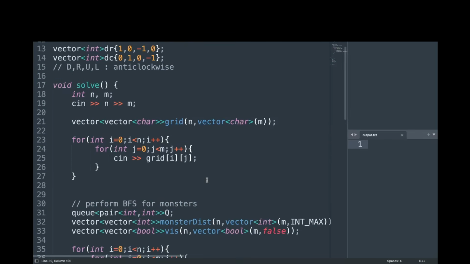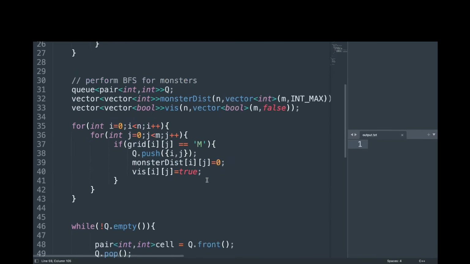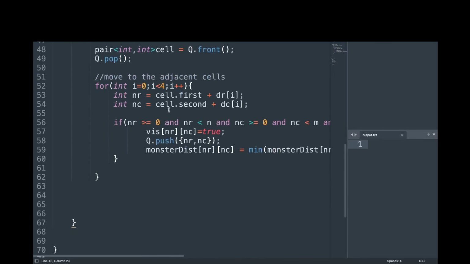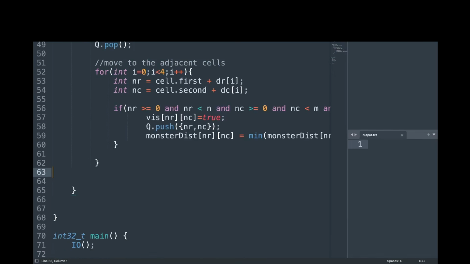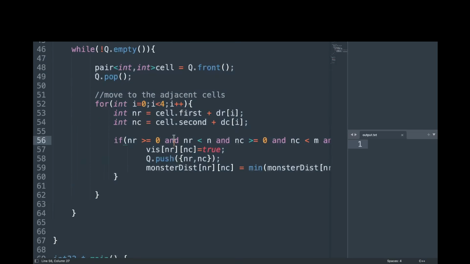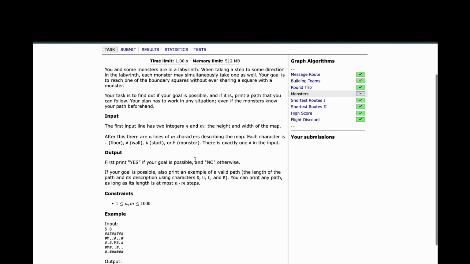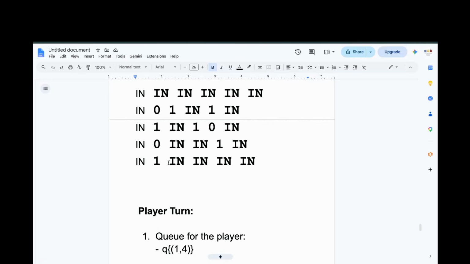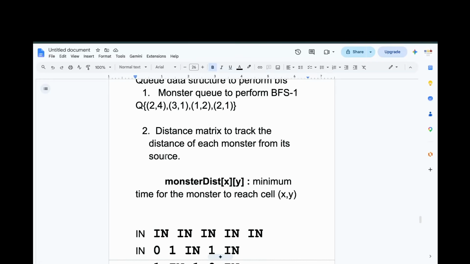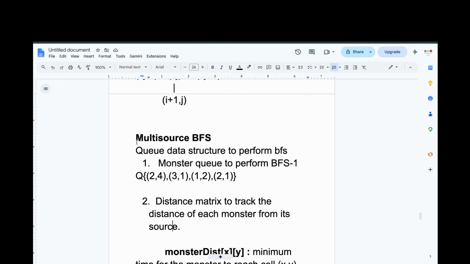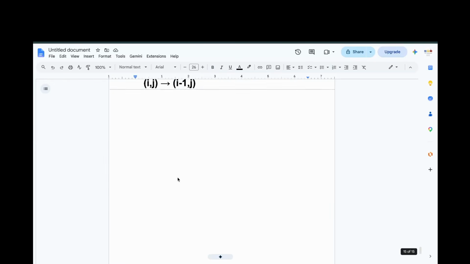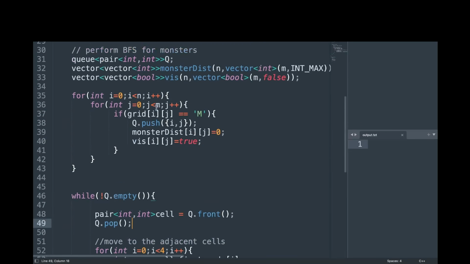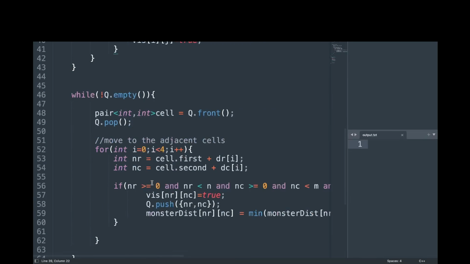Now this thing is clear, and we have completed the BFS. I hope nothing is missed out. Am I doing it right? Monster, okay. That's fine. Distance matrix, we're done with this. Okay, I think I'm doing it okay. And yeah, now